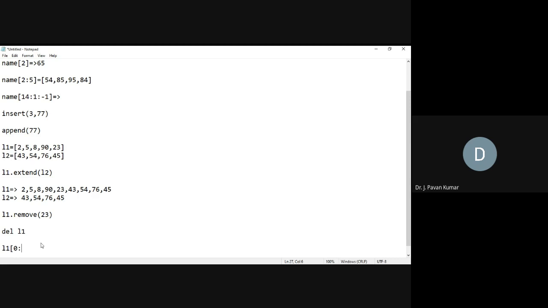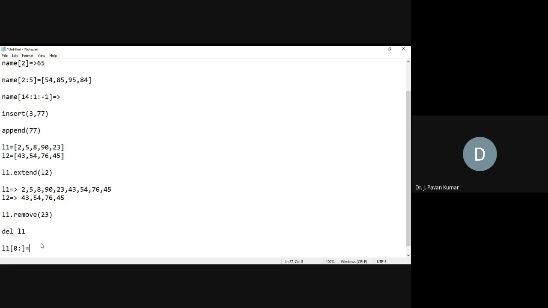For that, one flexibility is there: L1 of starting point 0, but the ending point we don't know. Then we just leave the next index, that is i:j. If you specify i to j minus 1, that is what we have seen. But i we are specifying as 0, and j we are not specifying. So whenever we leave the second index, automatically it will consider up to the end of the list.